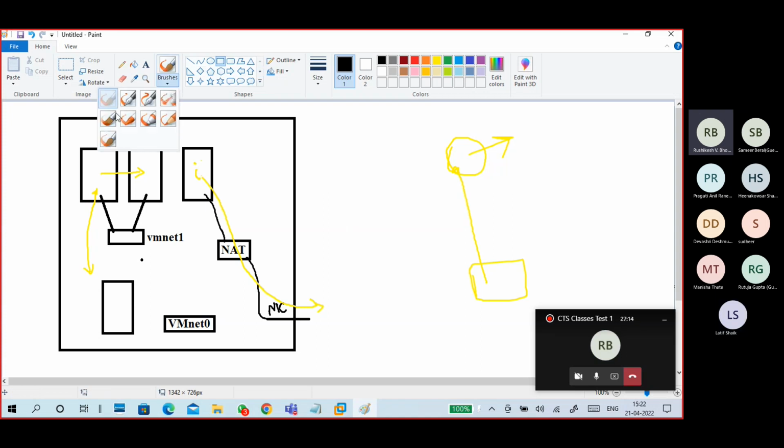So what will it do? Your machine is connected to VMNet0 and it is bridged to the NIC, but with no translations. NAT will do different translations, so your virtual machine IP address is different. But here, we'll get physical network access. Okay. So your virtual machine can communicate with the physical network. The physical network also can communicate with your virtual machine. Next, your virtual machine also can communicate with your physical machine. So you'll get internet and physical network access.